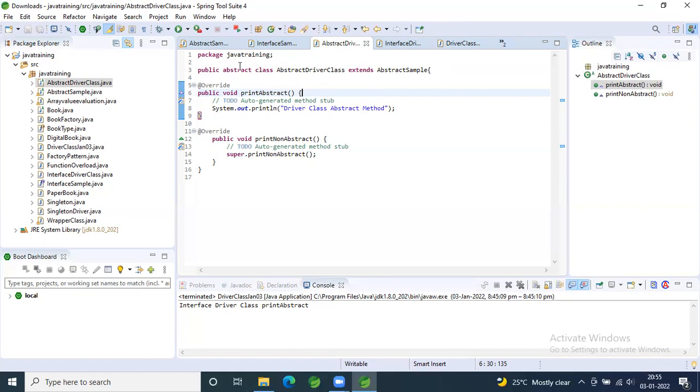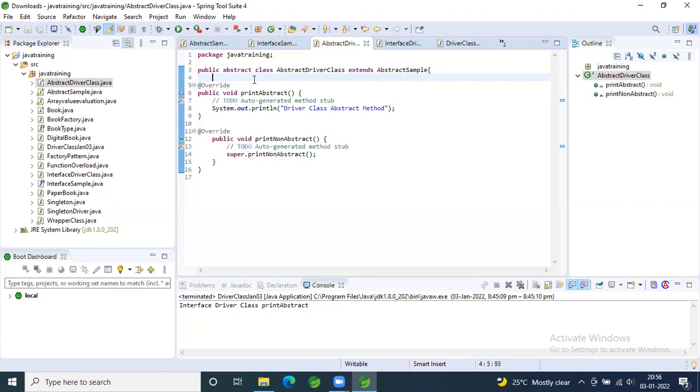Yeah. So far, your child class was not having the keyword abstract. Right now, I want you to try whether a child class with the abstract keyword can extend another abstract class, and whether you are able to access those variables and methods in the abstract class, or what type of object creation, because an abstract class is extending another abstract class. So will you be able to create an object here or not? That you have to check out. So basically we are trying all the permutations and combinations to understand this concept better.